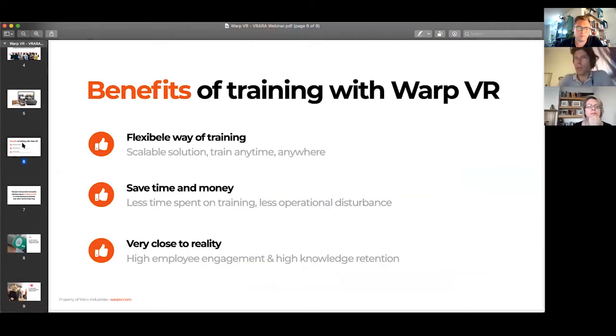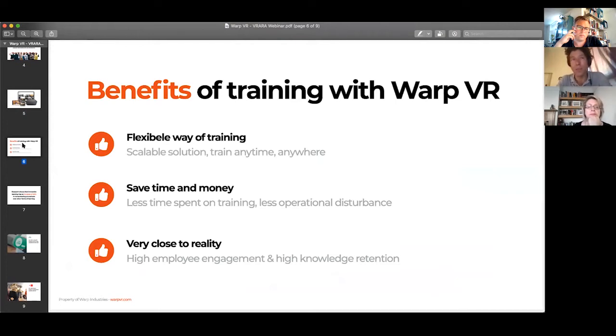If you're looking at the solution we offer and the benefits it eventually has for organizations, it's first of all a flexible way of training. As already mentioned, it's scalable, because we also offer mobile and tablet solutions. Employees can train anytime, anywhere.